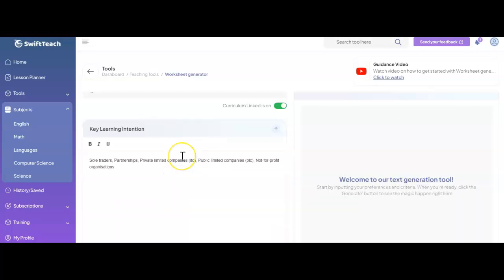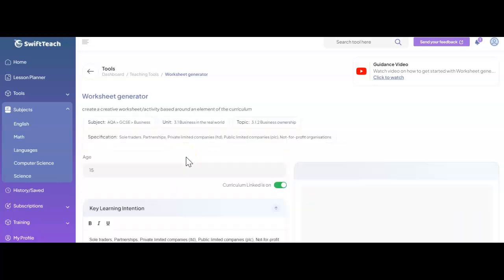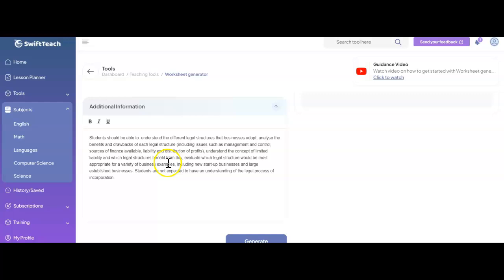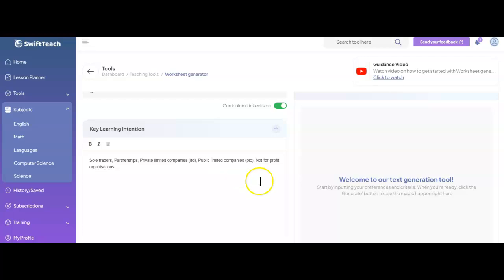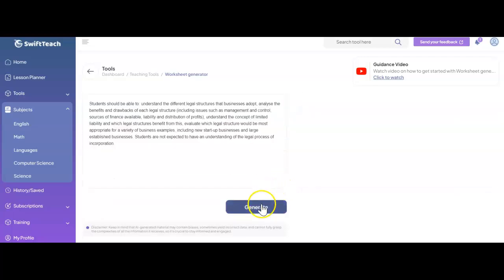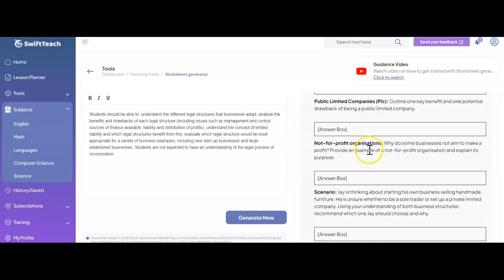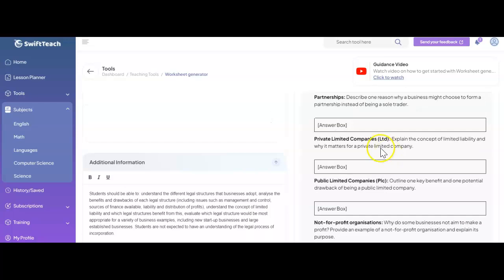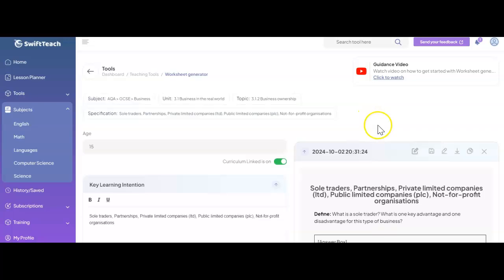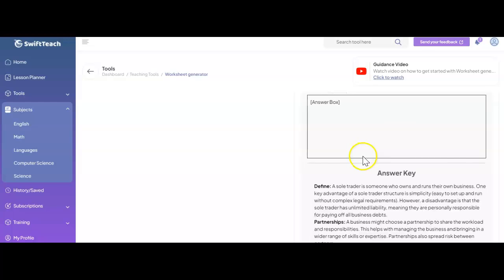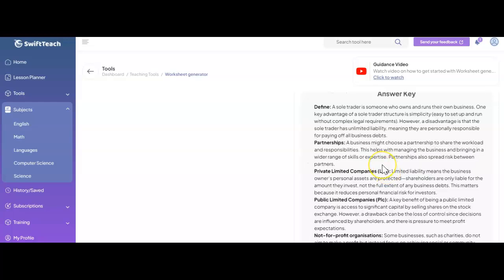Now what it's done is taken the spec from the AQA business curriculum and put it in as a learning intention, with some additional content that the AI needs to be aware of when building the worksheet. Now all I need to do is press generate. And that has created a worksheet for me which I can download, and this worksheet goes into quite a lot of detail in terms of the spec points. So it's aligning the content to the spec. If I scroll down, it gives me the tasks and the worksheet along with a final task at the end, and it also gives me an answer key as well.